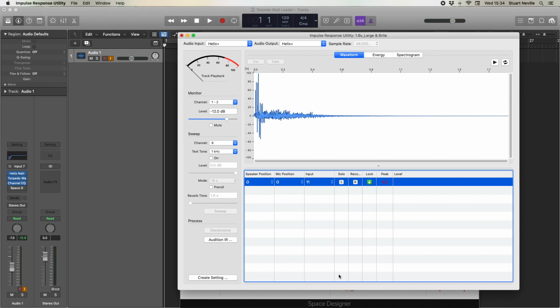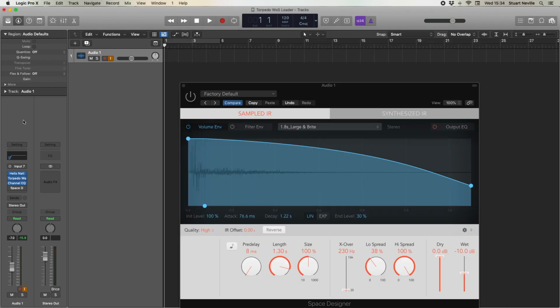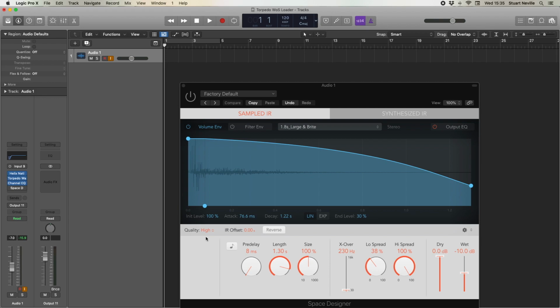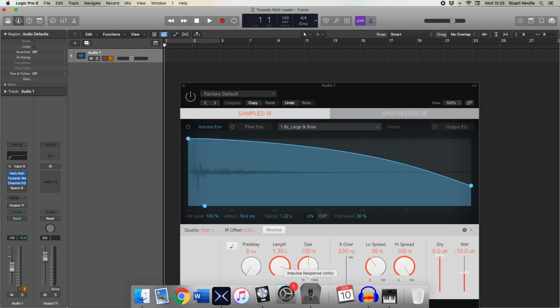So again, as before, we need to look at the signal routing that's going on here. The sweep is going to play from channel 9 out to Logic and listen back on channel 11, which is set here. So we need to set the routing in Logic to suit. So we're going to listen on input channel 9, and output to mono channel 11. So if we go back to the impulse response utility, sorry,